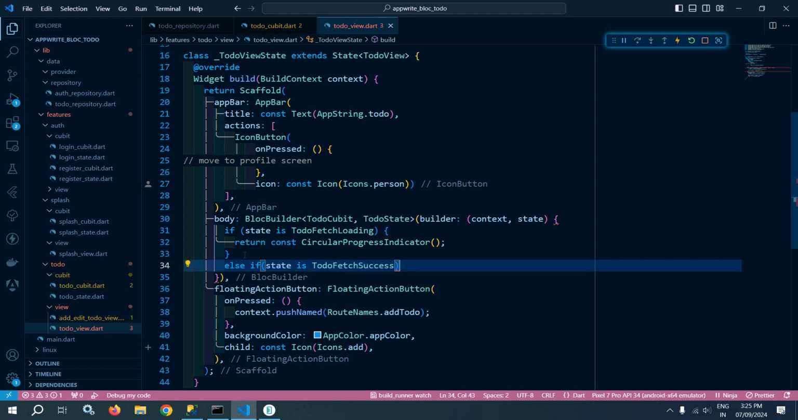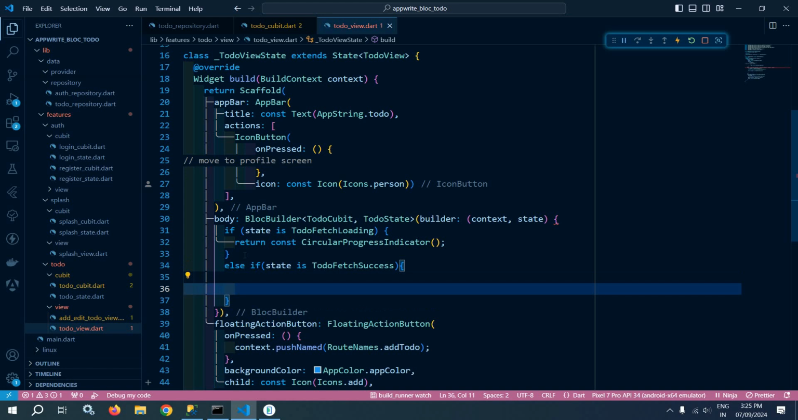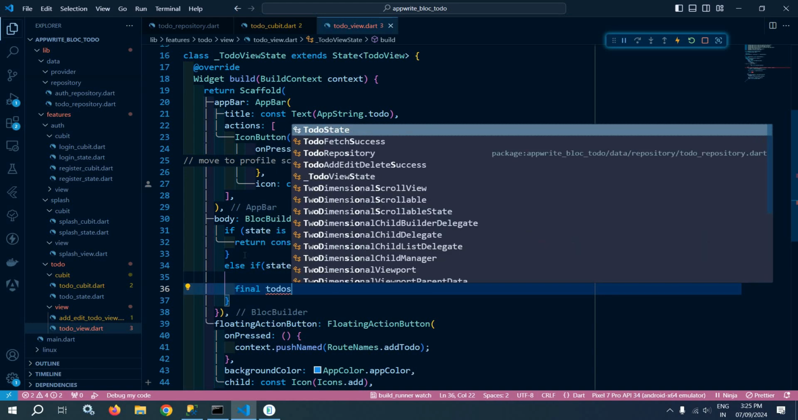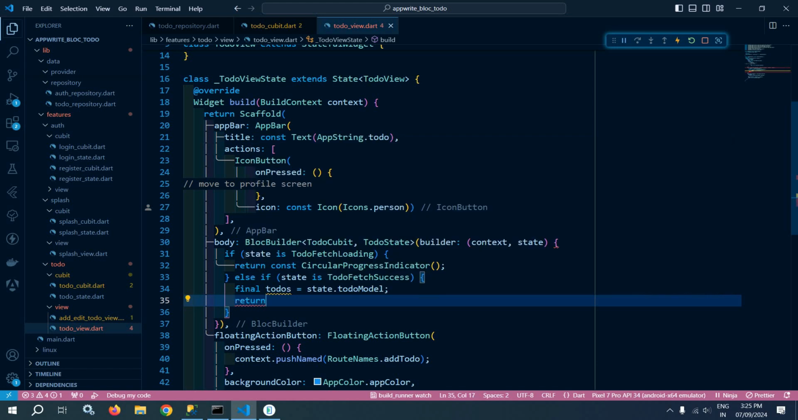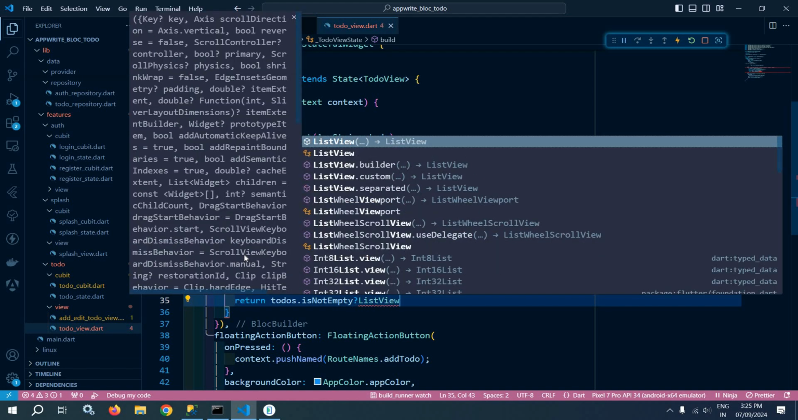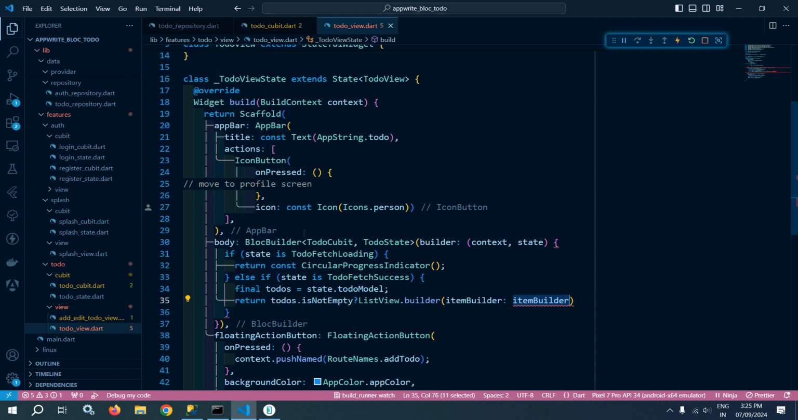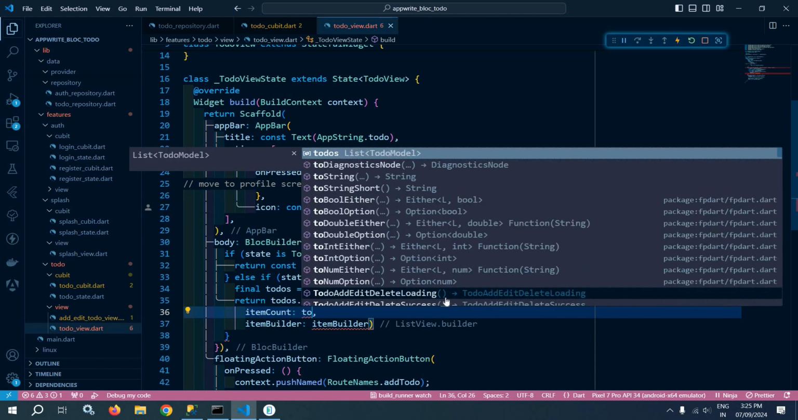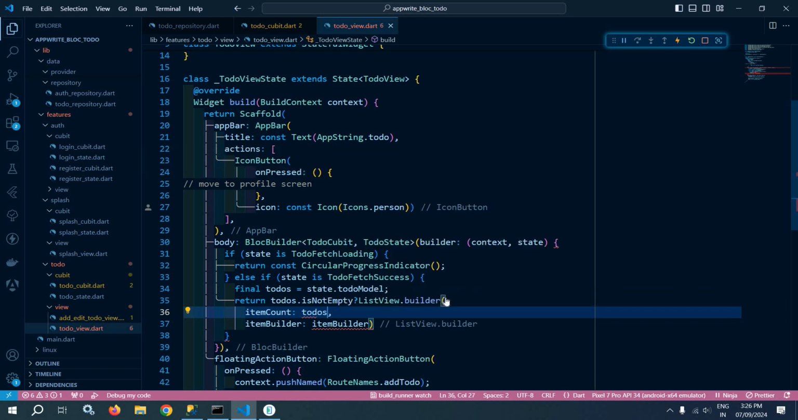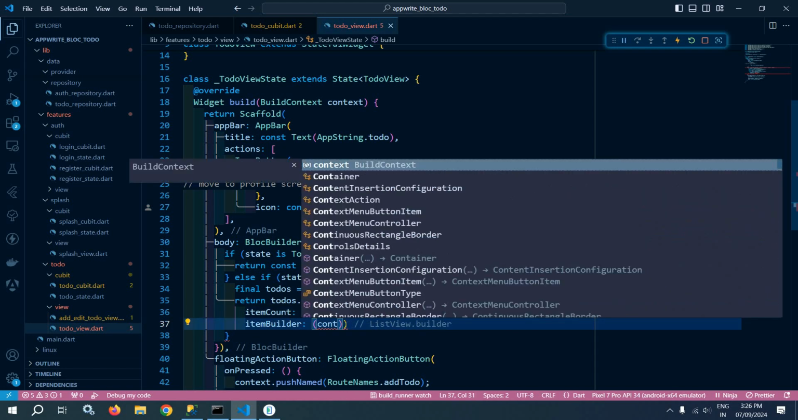Todo fetch success, then I need to display the Todo in the list view, and to do that here I will declare a variable final todos equals to state.todoModel, right? And after that here I will return, first of all I will check if the todos is not empty. This means the todos contains any value, then I will use ListView.builder, and first of all here I will pass item count, and in the item count it will be todos.length, and in the item builder which actually takes the context and the index,